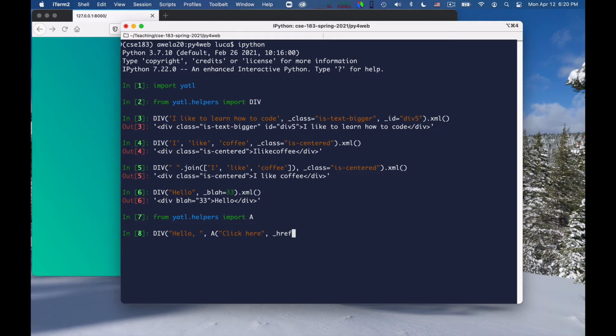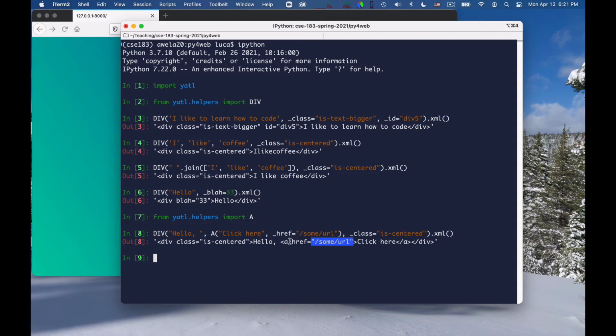The href is the URL to which this points, some URL, okay, and then I can say, for example, class is equal to is centered, again, just to continue the example. And so this will spit out the div tag that contains hello, comma, and then an enclosing A tag that when clicked will be a link to the URL you specified, okay?